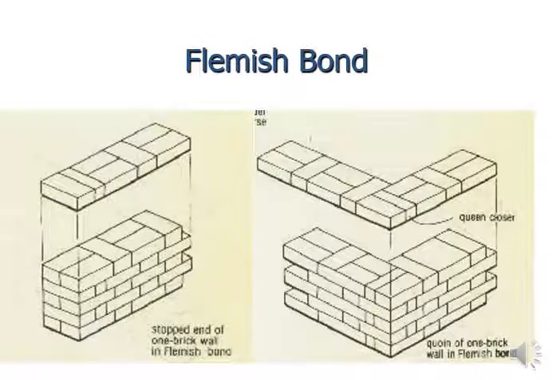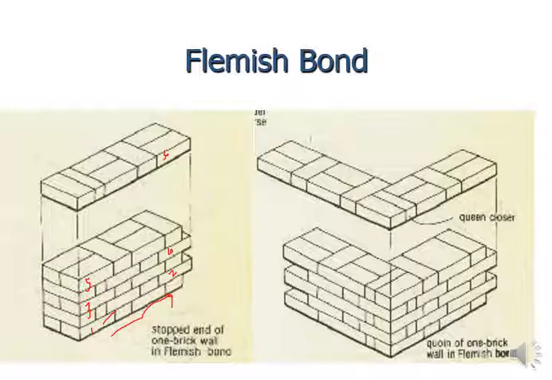Next comes Flemish bond. So for the Flemish bond, what you have to do, in the same course, here you can see it's a little bit complex as compared to the English bond. To understand that, in one course, this is your odd course, 1, 3, 5. Okay, and these are your even courses, 2, 4 and 6. So all of the odd and even courses, the pattern is same for all the courses.